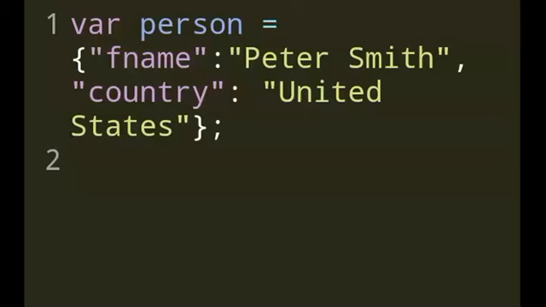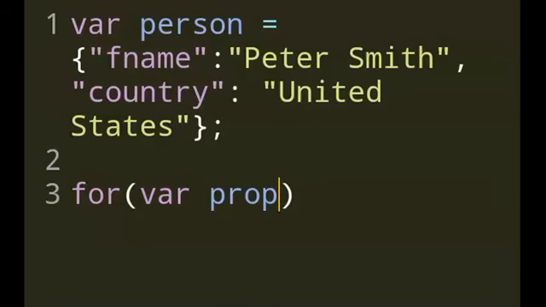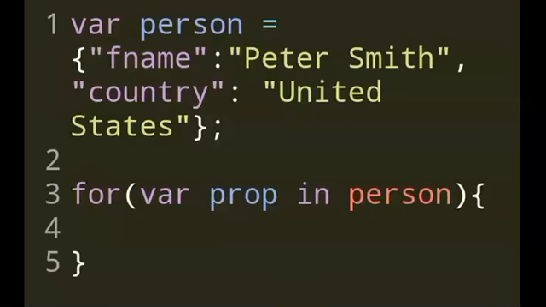So let's do it. For, and then the parenthesis and variable prop. So this is a property, which will be looping through in what? In the object. What's the object? Person. As simple as that. So for looping through the properties, that's how you read it. For looping through the properties, so we call it variable property in the object. And what is the object? It is person. So that's how you get the for in, right? You can understand it that way.